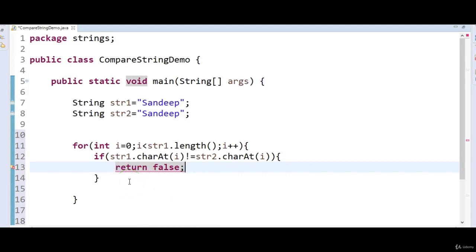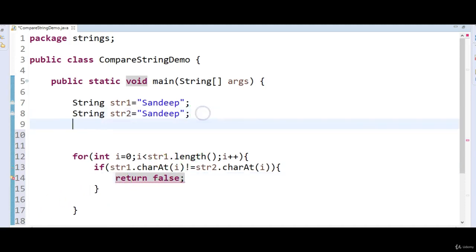Or directly, we can take a boolean value. I'm taking a variable called isCompare. By default it will be false.